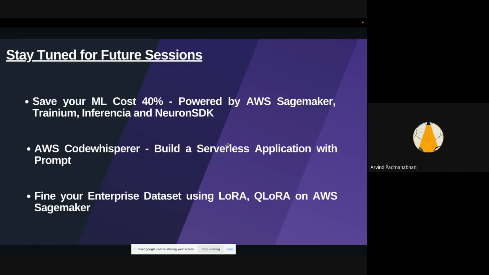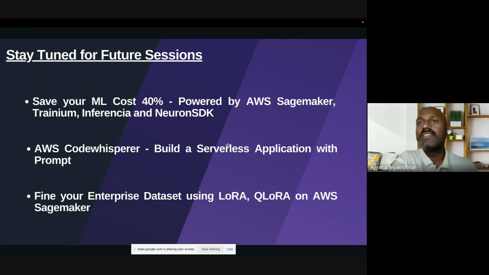So hope to see many more sessions from you on this. And we are planning for a generative AI workshop. It's more as a take one. Now I just walked through the code. In the interest of time, I just glanced at it. I can go a little bit deeper into it.